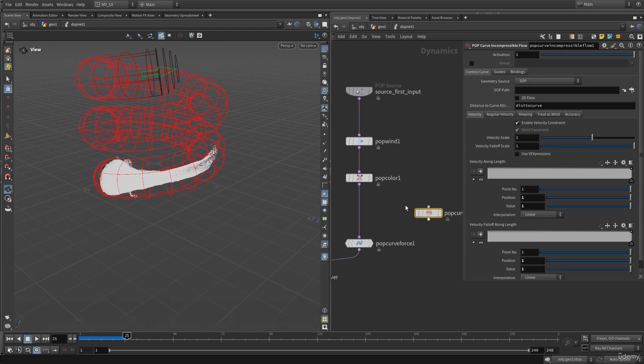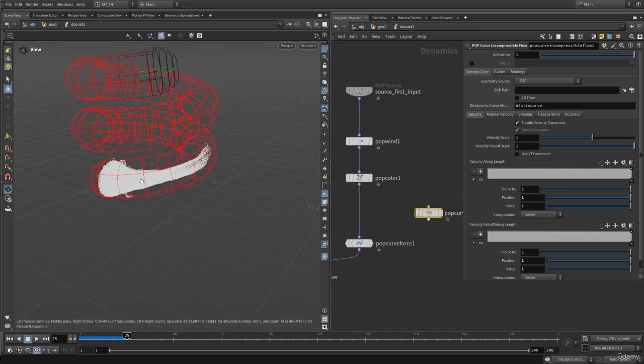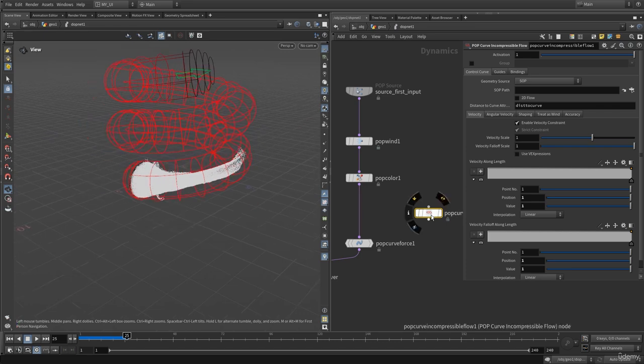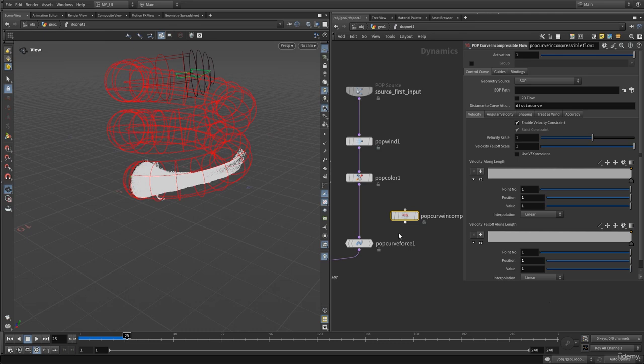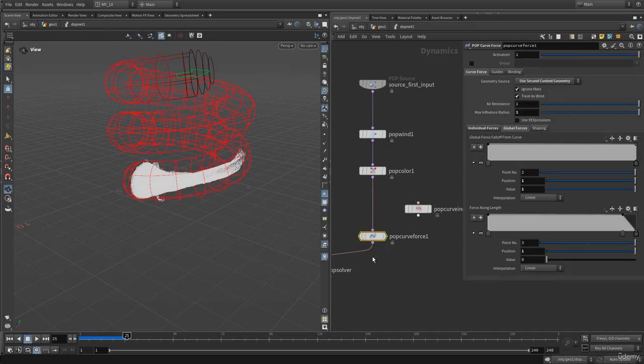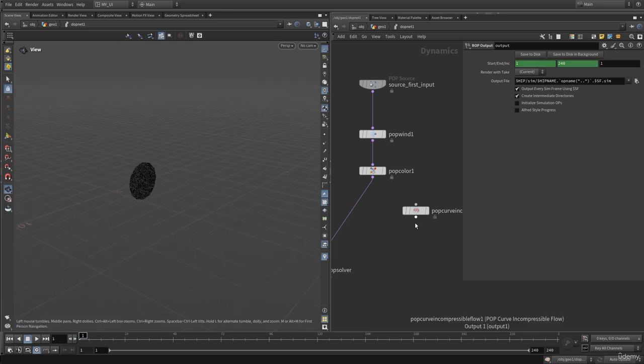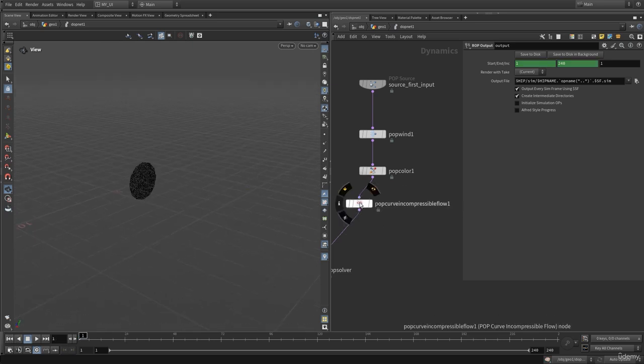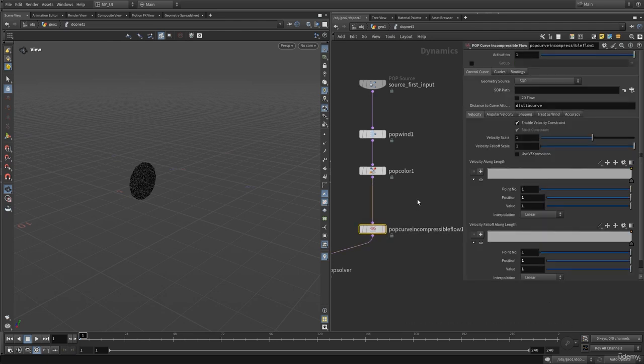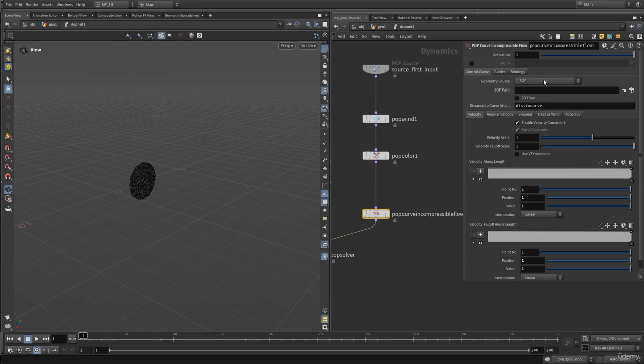But we can also use this to control our normal particles simulation as well, because it is a pop node. It is designed to work with particles, so there is no reason that we cannot use this with the particles simulation. So in here I'm going to remove this pop curve force and use this first. We need to go back to the very first frame, and let's connect this in between. And on this pop curve incompressible flow, we need to define the geometry source,